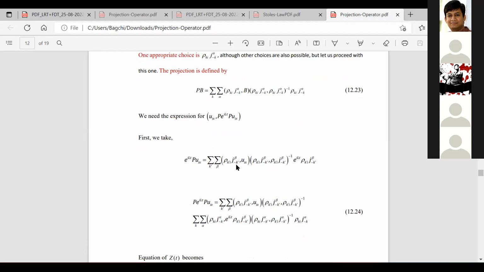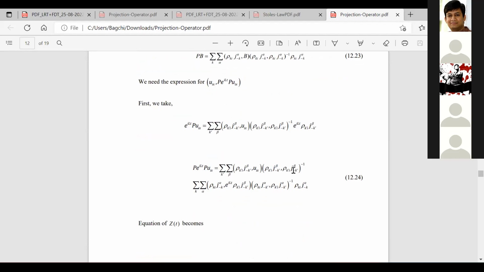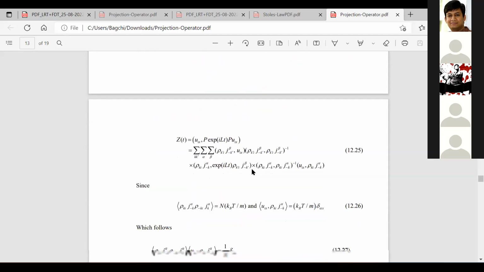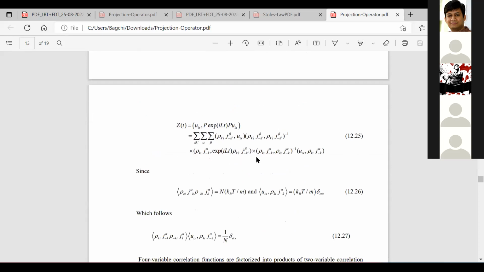I can evaluate this quantity, and this is done here. That P e^{iLPt} is this. Then what happened? You decompose rho_k, and you get these kinds of quantities. This is the famous decomposition theorem. You have this time correlation function rho_k j_{-k}, and